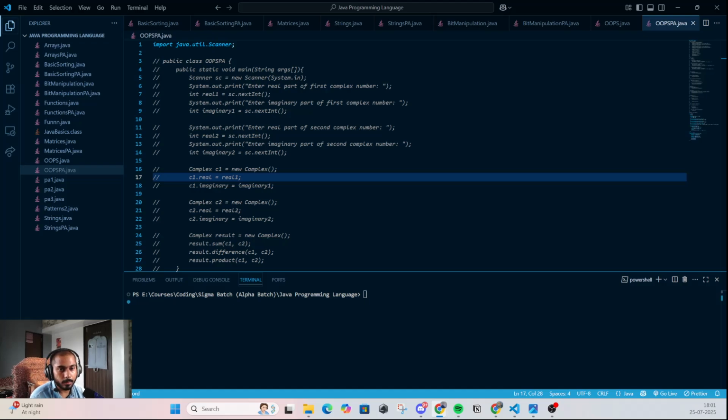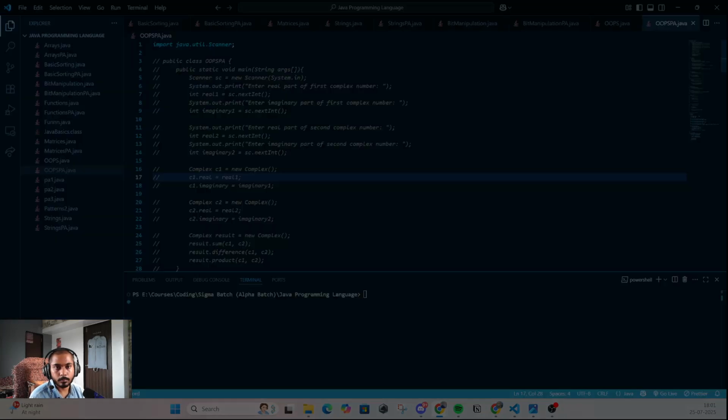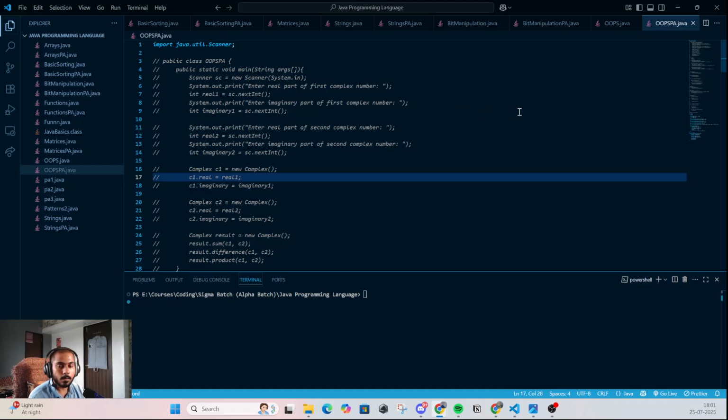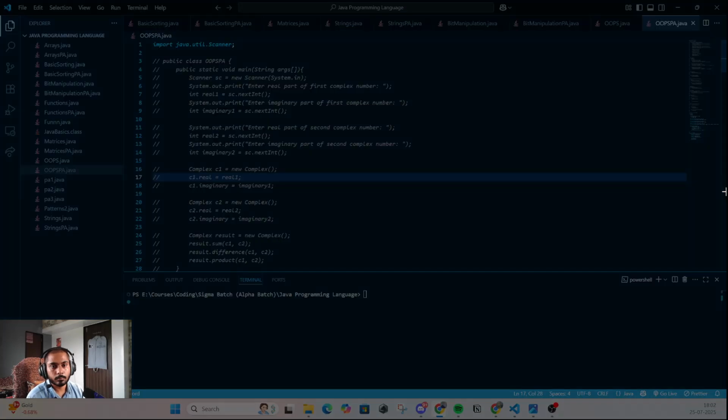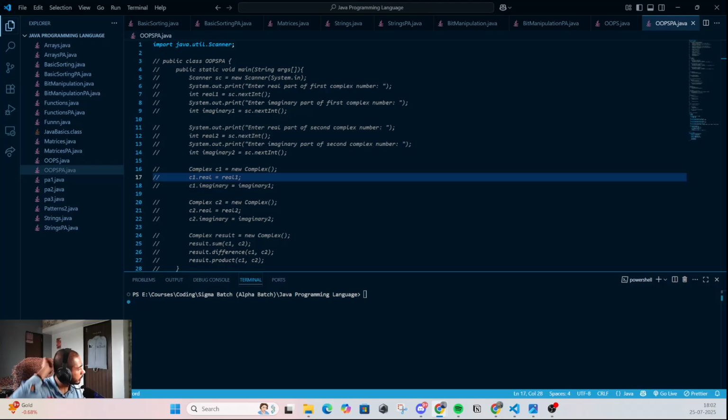Like f of f of x, that will be kind of recursion. Basically, the easiest example for that is factorial.